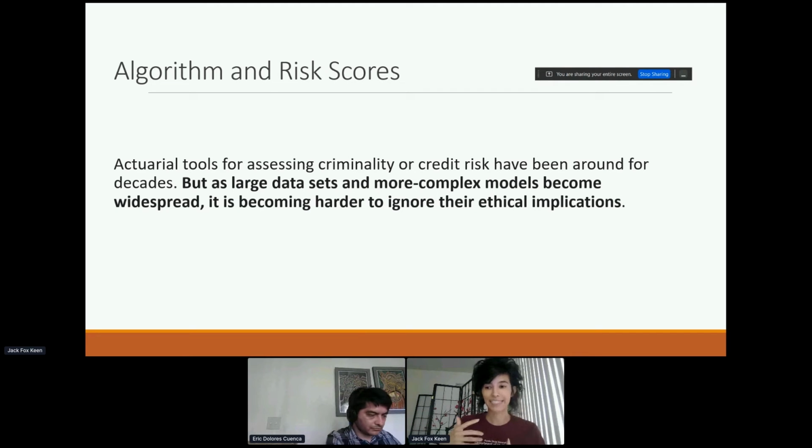So you have these data sets that are built in with racial bias and then are used to determine whether or not somebody's likely to commit a crime, whether or not somebody's likely to go back to jail, and this affects whether or not people can get parole. And then with credit risk as well, there's just a lot of algorithms that